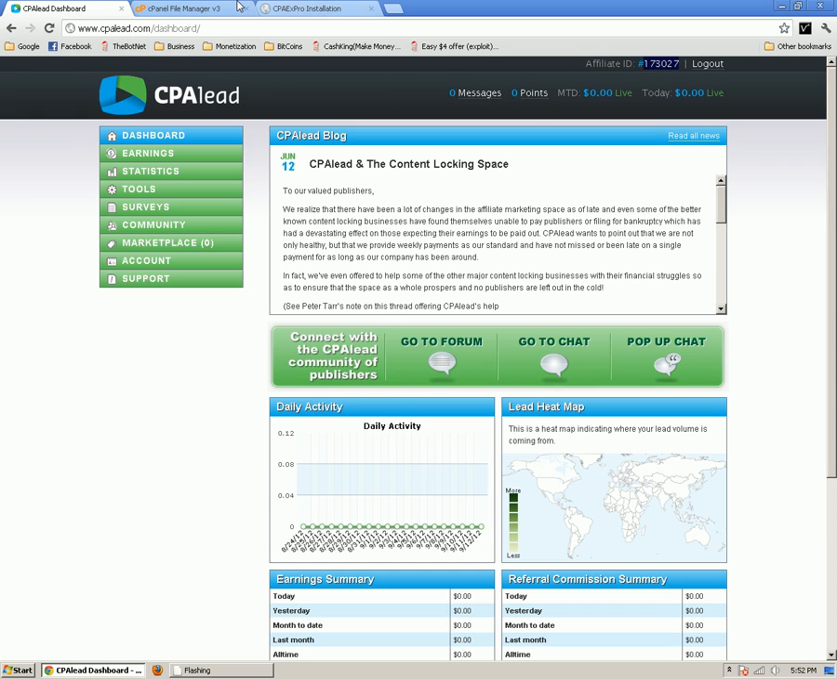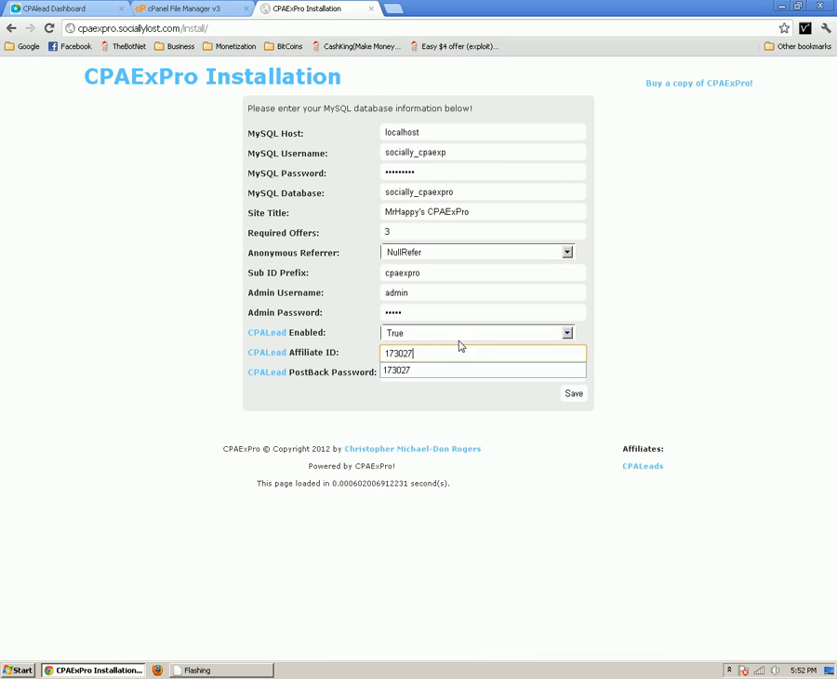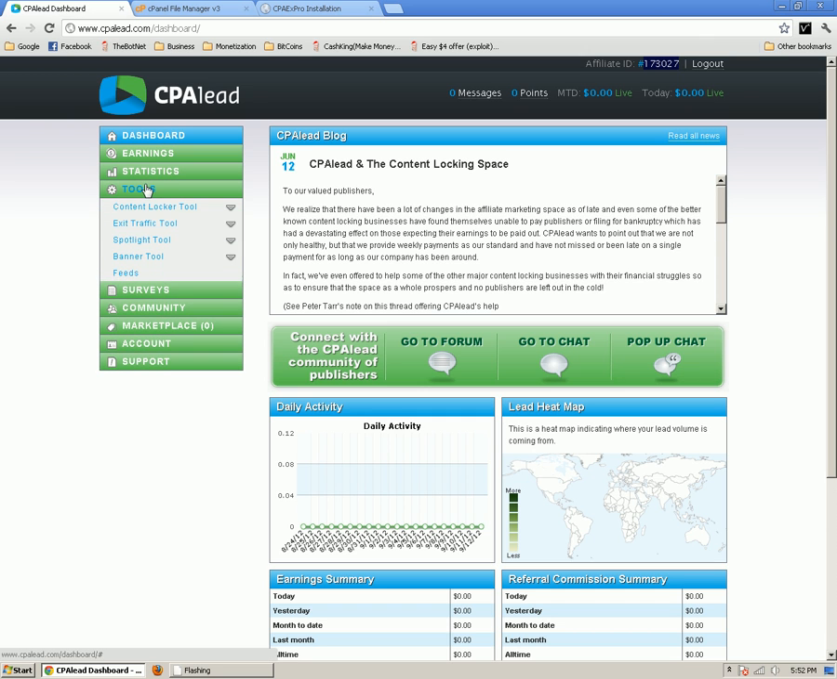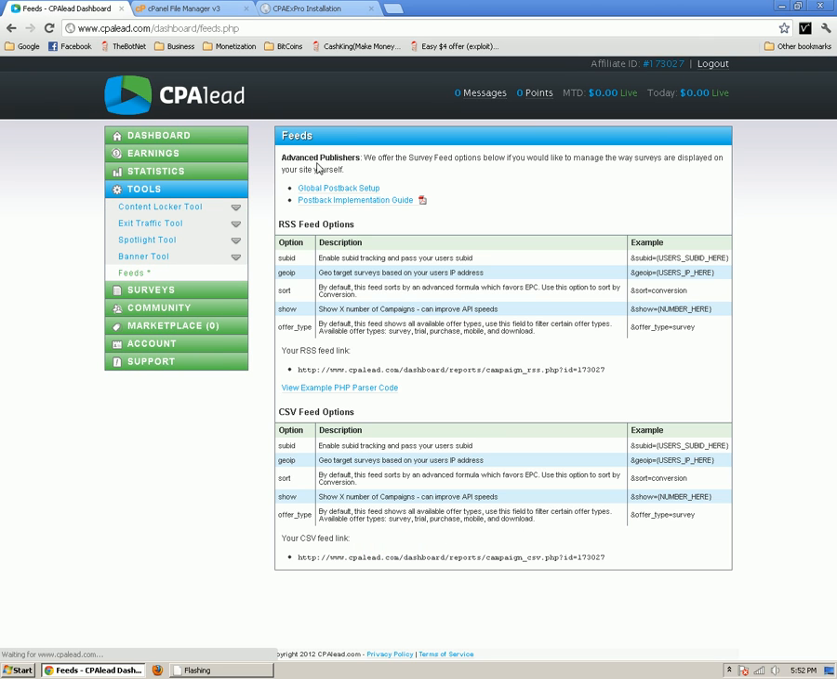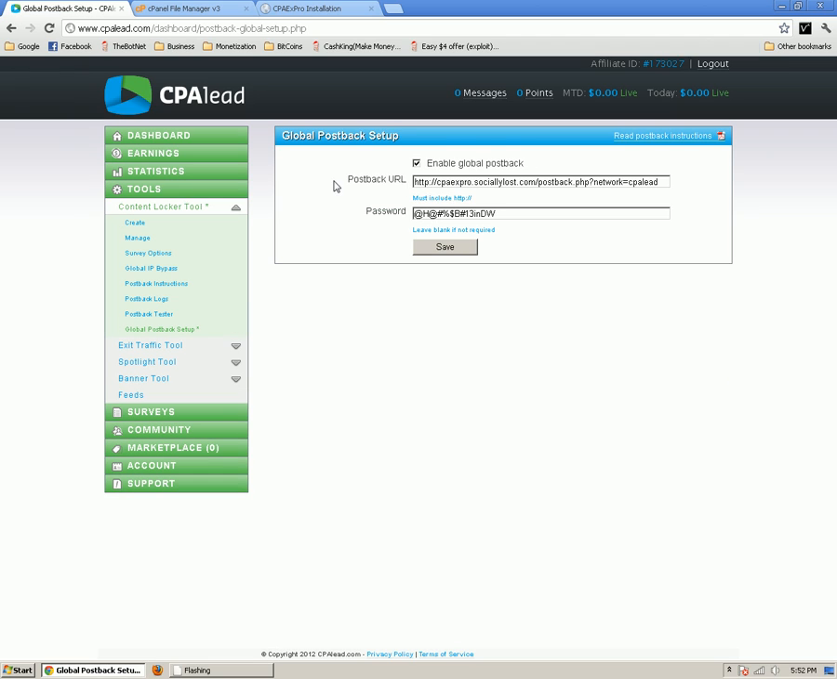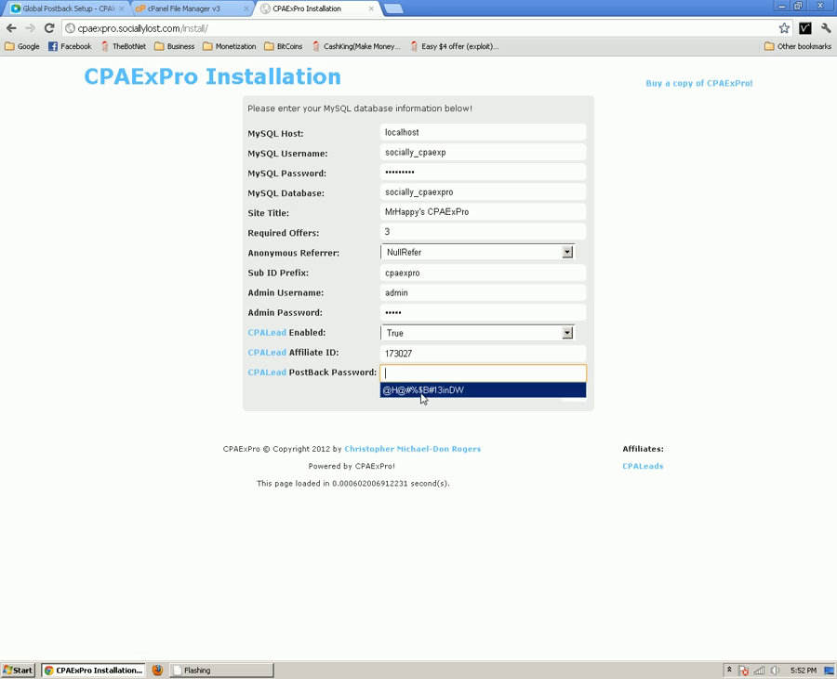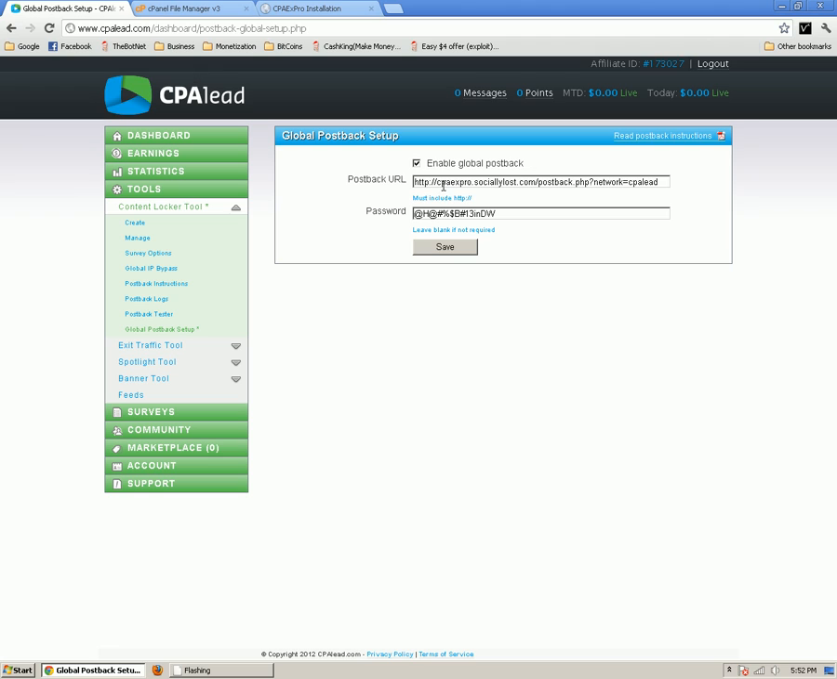For your CPA postback password, you're going to want to go to your CPA leads, click tools, click feeds, global postback setup, and I'll explain this in a second. I have a random password set up right here. I'm going to copy that. I'm going to go back to global postback setup, put my password in right there. I'm going to put my website URL, this directing to the CPAExPro /postback.php